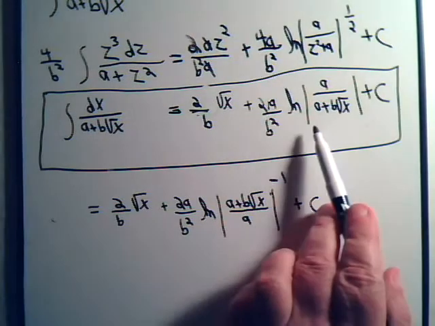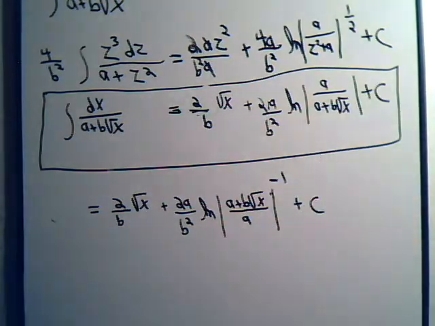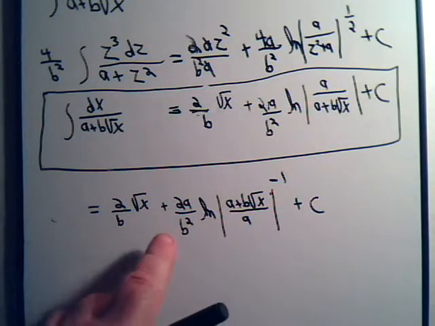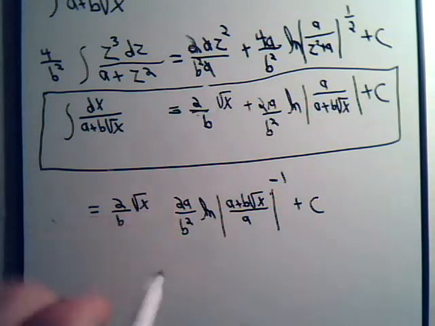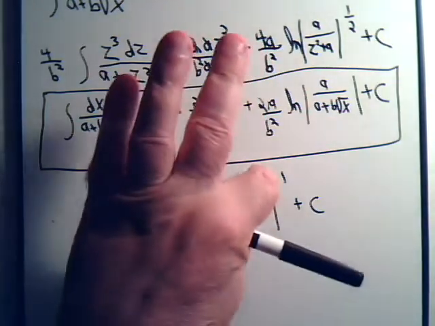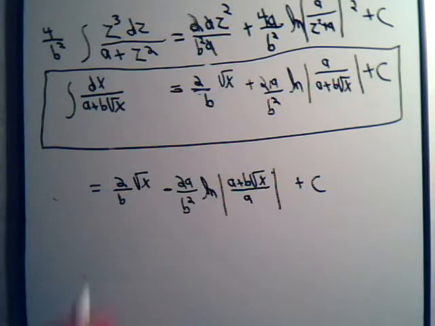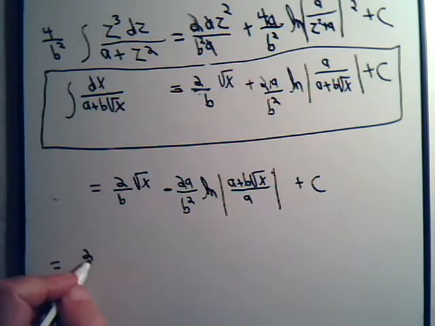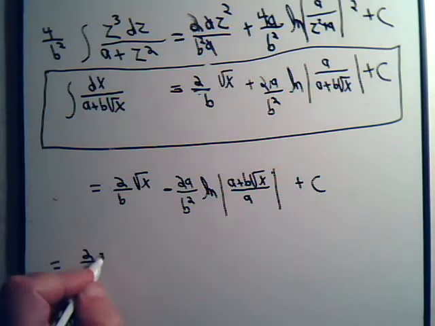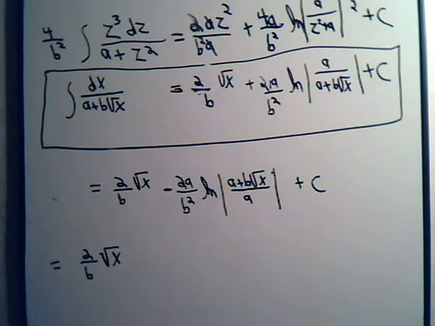This to the minus 1 is this, and now we can use the property of logarithms. This would be minus 2, and the minus 1 from here goes away, and now this will equal 2 over b times the square root of x